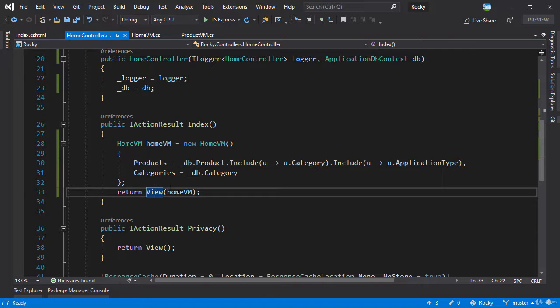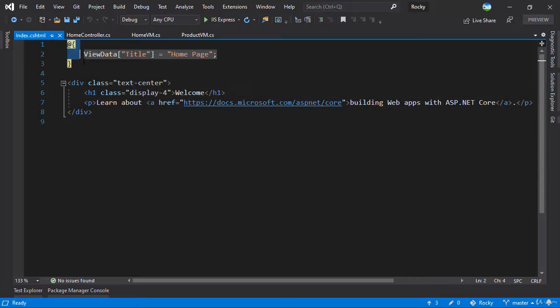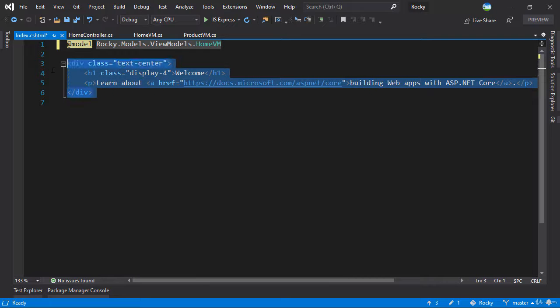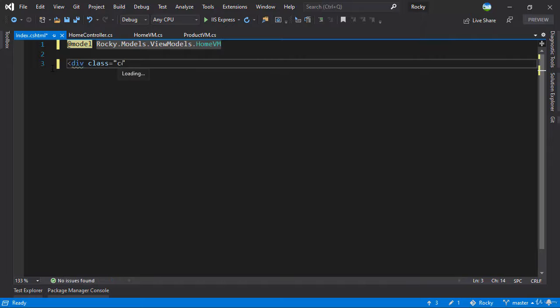Now inside Home Model, we have the Home View model. So we should change the model here. So we'll say Add Model, and we'll go to Rocky.models.viewModels. In there we have our Home View model. In here we want to remove all of this, and we'll just add a div, give it a class of